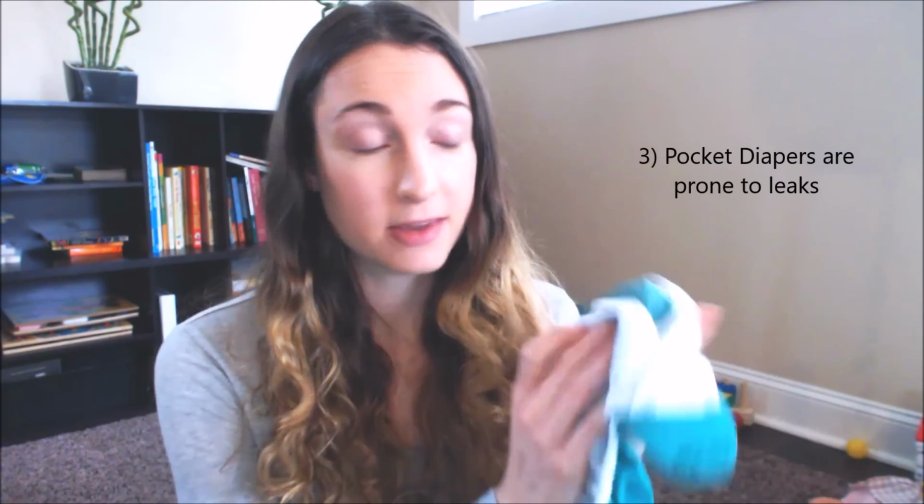Another thing that can contribute to leaking are pocket diapers. For example, this Bum Genius. I can't even use pocket diapers because I get leaks every single time, and that could be the case for you. You might think that your diaper just isn't absorbent enough, but the problem could actually be the synthetic lining of the pocket diaper. So for my daughter, I guess the way she pees is just too hard or fast or something, and there's not enough time or compression for the moisture to pass through the lining,